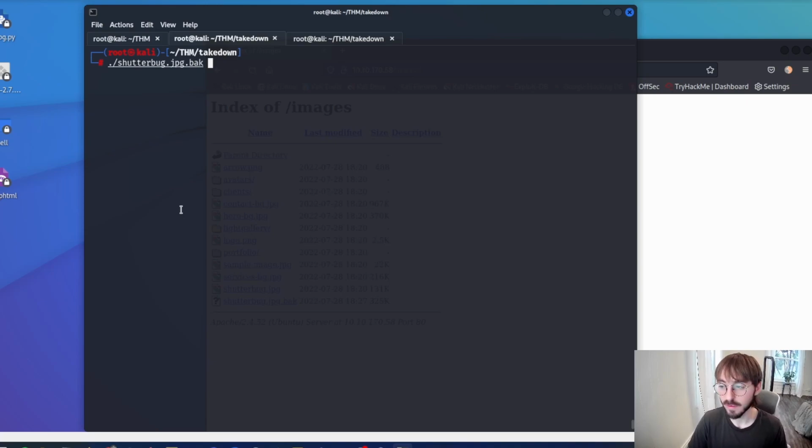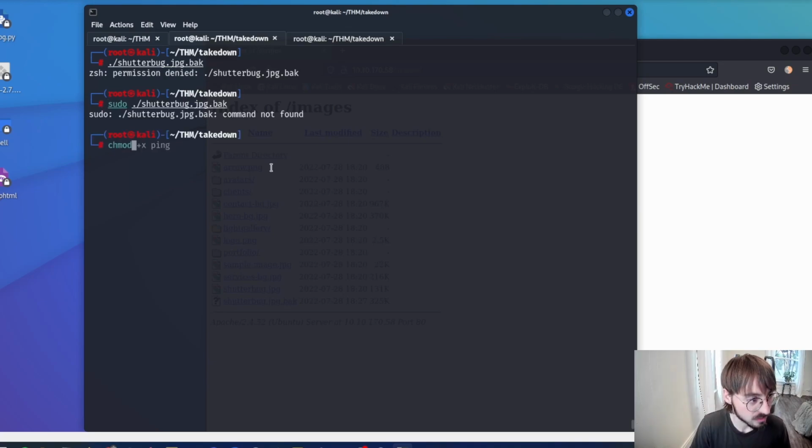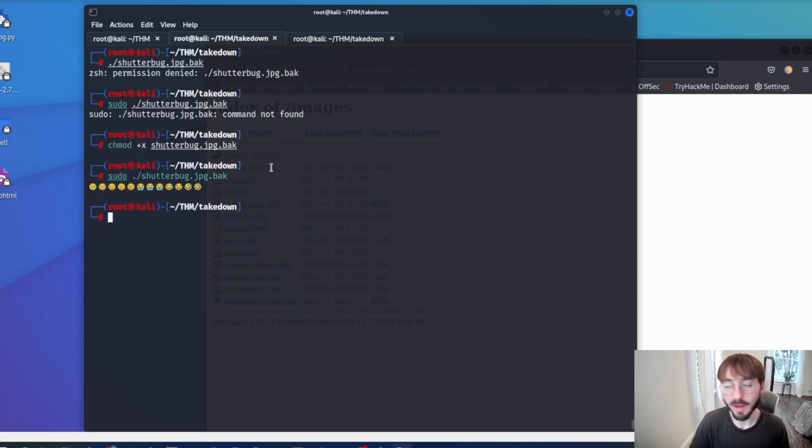But since it's an executable, I'm going to run it with a ./ and hit enter, and I have permission denied. Try changing the permission here. Let me try that one more time. Okay, so now it's going through, and we have some emojis. That kind of doesn't give us much information, unfortunately, but I'm going to go ahead and do this one more